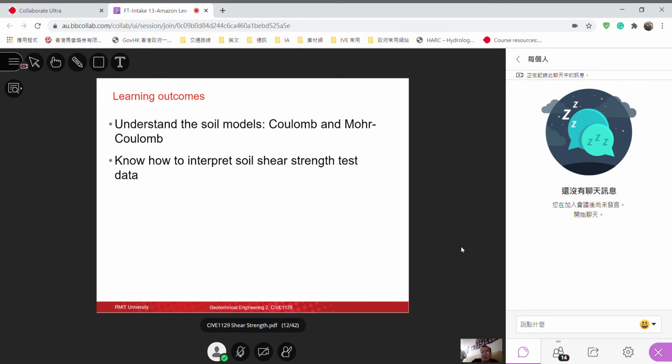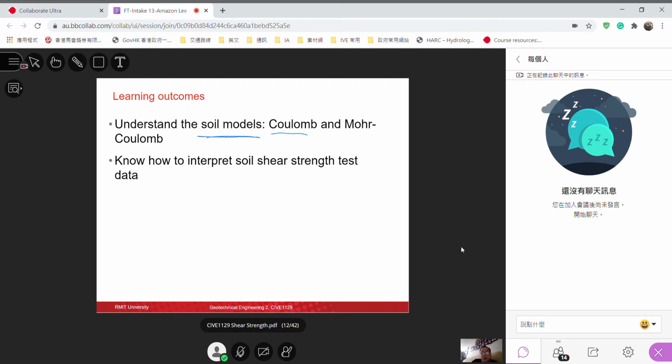So what we are learning in undergraduate year three soil mechanics, basically we will use a simplified soil model, because the stress-strain characteristic of soil itself is difficult to predict, to be honest. So we have to use some simplified soil model,